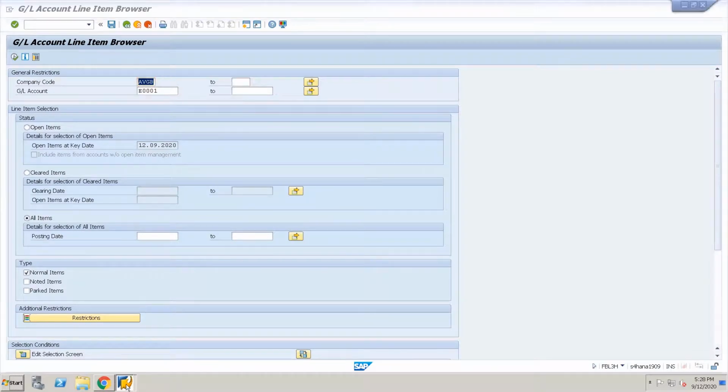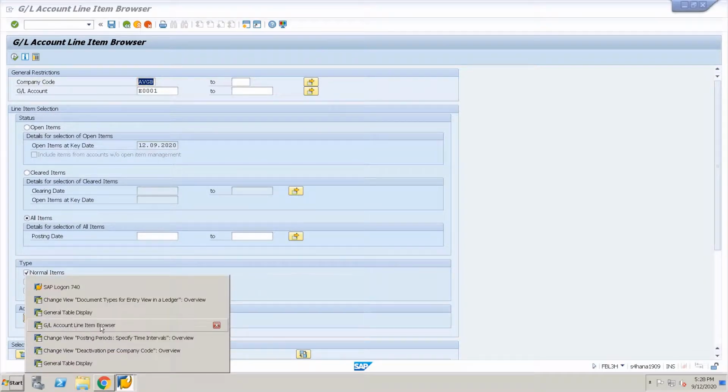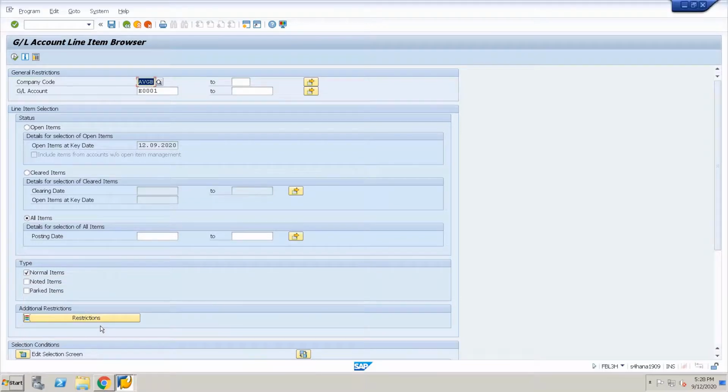Fine. So just a recap, what we observed was different ledger types, and we saw that only the leading ledgers are posted directly to ACDOCA and BSEG, and non-leading ledgers and extension ledgers are posted only to ACDOCA, and extension ledgers do not occupy any database entries if it is not explicitly posted to that particular extension ledger.